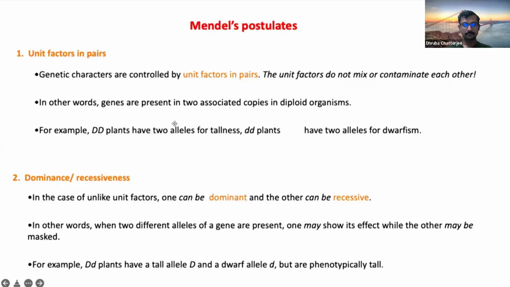And he could also postulate that there must be different variants of these factors, right? The factors which we currently call genes. So he could predict that there must be variants of these genes, which are called the alleles, right? Now, he also postulated this concept of dominance and recessiveness. What that really means